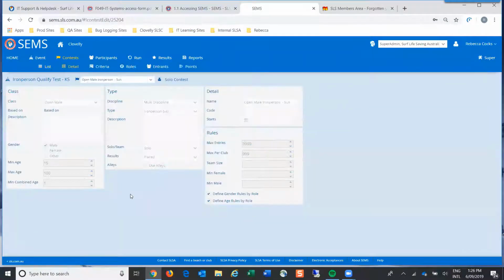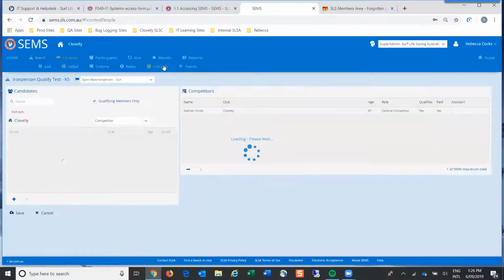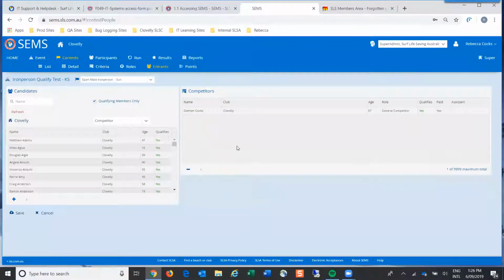I want to put some more entries in this. So there's all the details, and I go to entrance. We can see here that there is already one competitor in this contest, and it automatically shows you all the qualifying members.